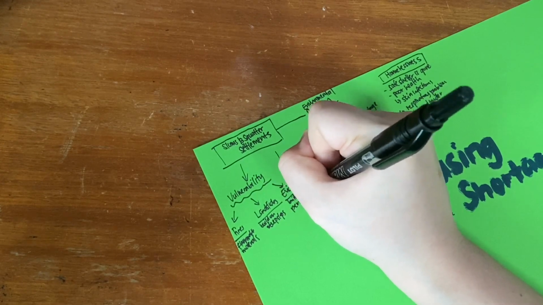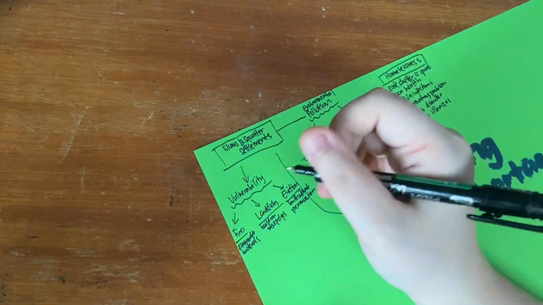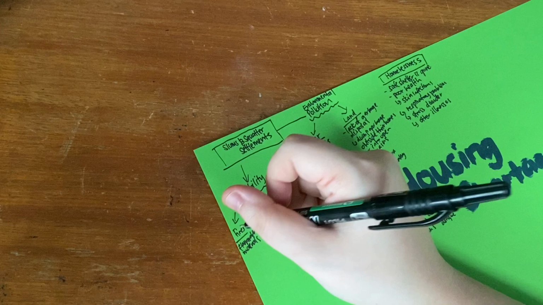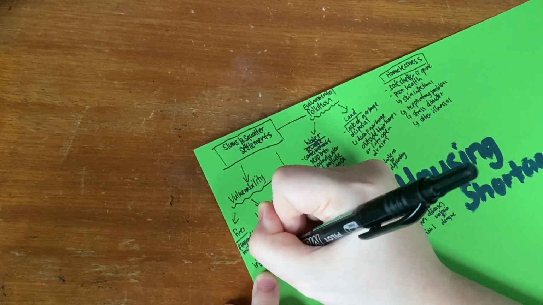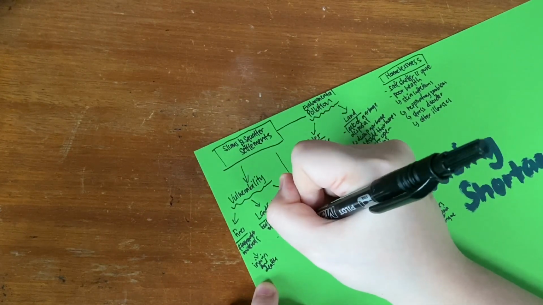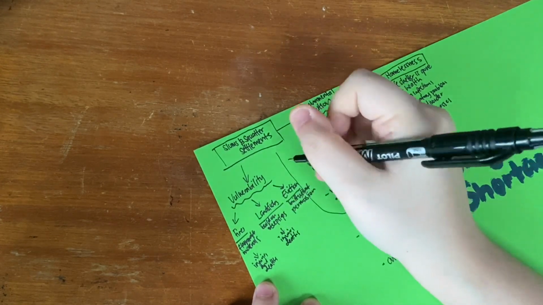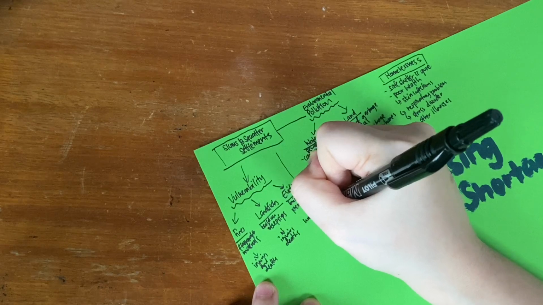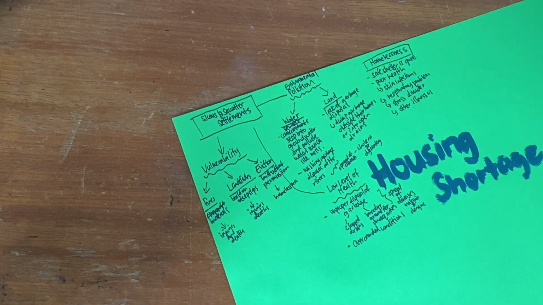The thing about vulnerability is that when there's fires, it can cause injuries and death. When there's landslide, also injuries and death. Then eviction will cause homelessness. So basically, that's all we have for